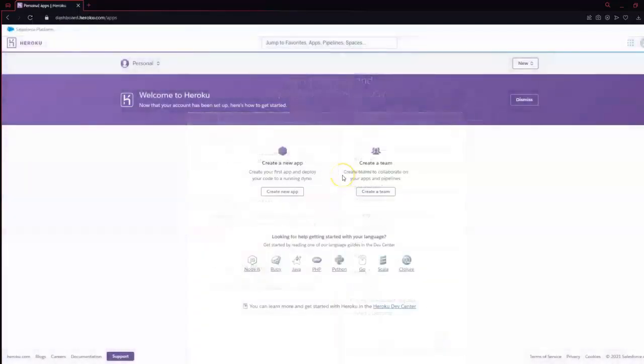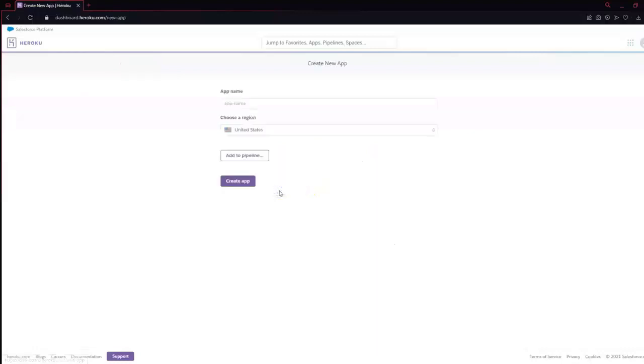I'm now in Heroku and this is my first login with this account. You can see the option to create a new application or a new team. We'll see later what the teams are for, but first we'll focus on how to create an application. First, we have to choose the name. We will call it